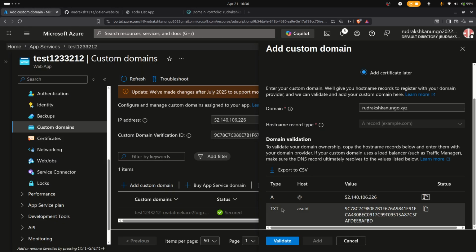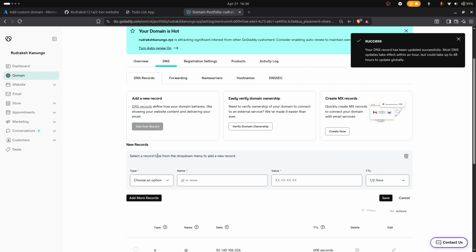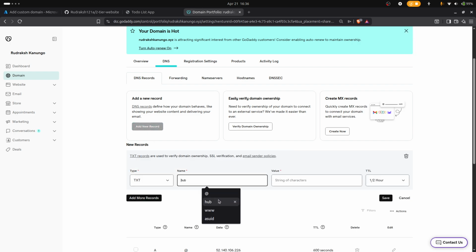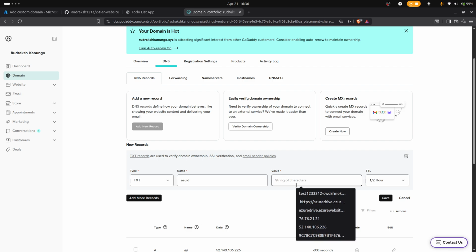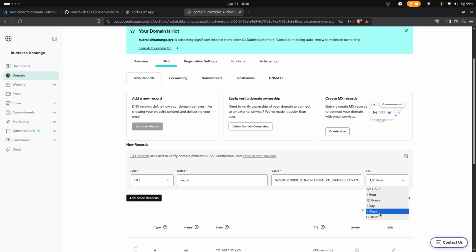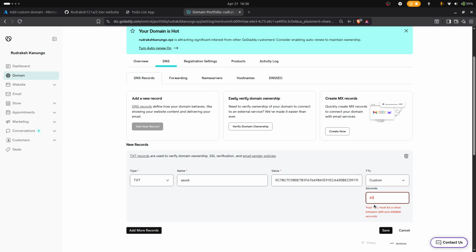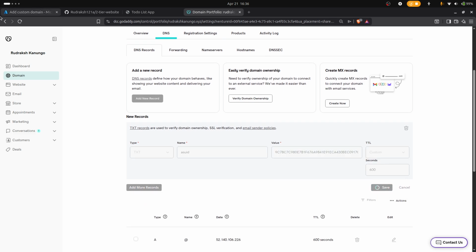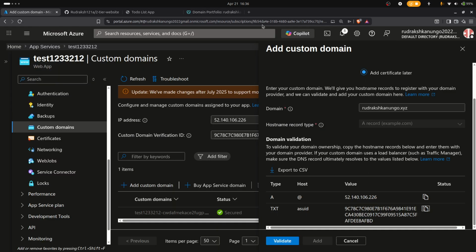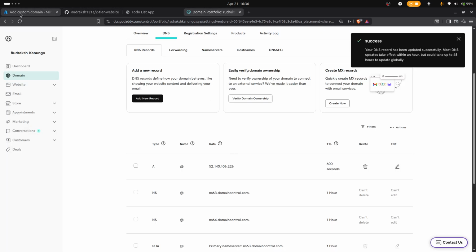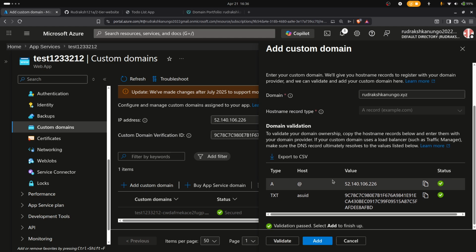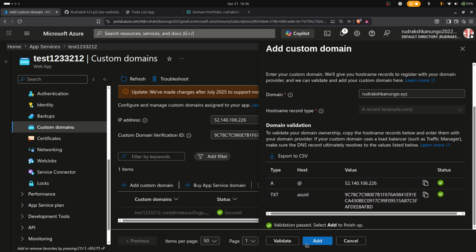And the second thing, it takes type TXT, so I paste this value. So I do the same again, add a new record. It's my TXT and its name, and paste the value, and I do the same with custom and 600 seconds, and click save. Then it will take some time to process, and click validate. After that, click add,